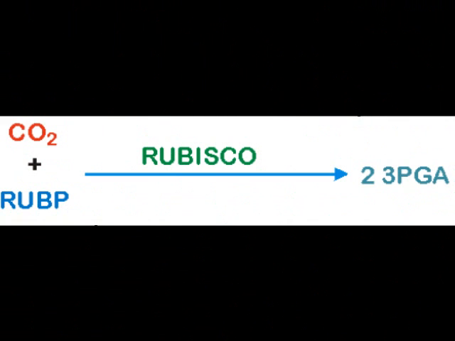Now I would like to talk about photorespiration, which occurs when the carbon dioxide levels inside a leaf become very low. This happens on really hot days when a plant is forced to close its stomata to prevent excessive water loss. If the plant continues to attempt to fix CO2 when its stomata are closed, all of the CO2 will get used up and the oxygen ratio in the leaf will increase relative to the